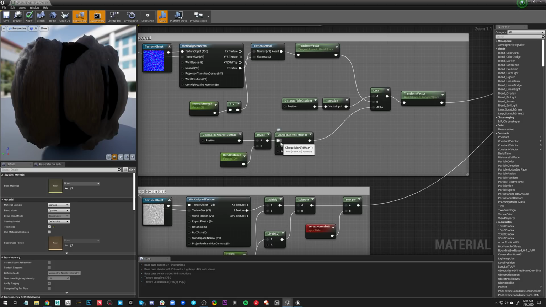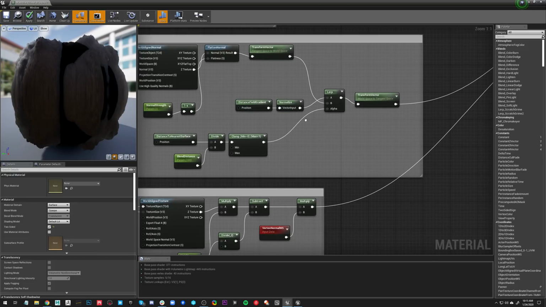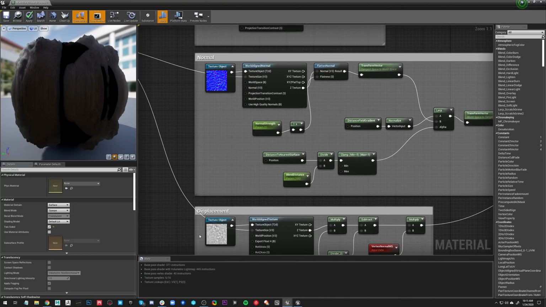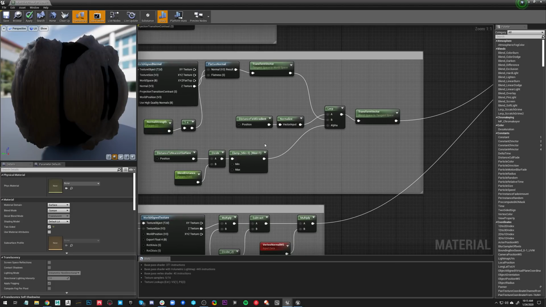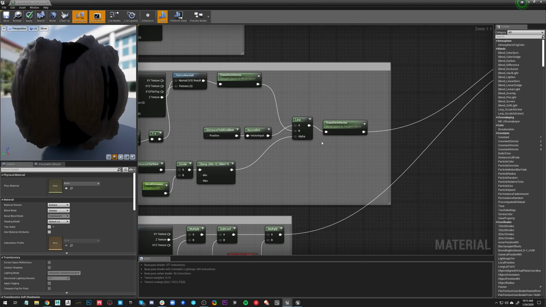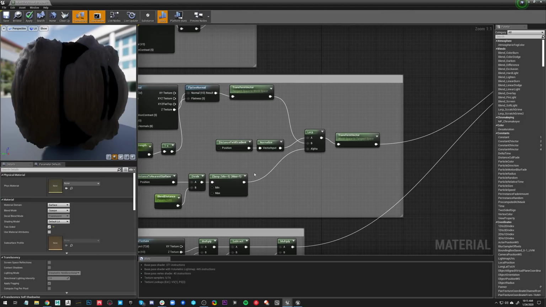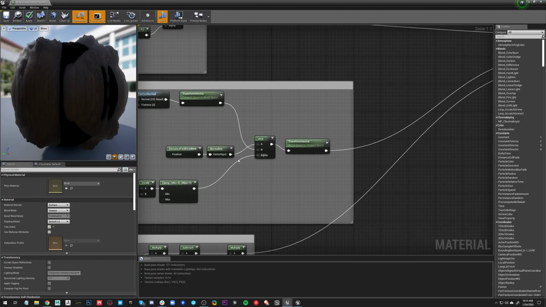And then I'm just clamping this to a 0 to 1 value, and that is what's driving our alpha. So it's not terribly complex, but it is very expensive. As you can see here, the shader instructions is about 3 or 4 times as much as just plain world aligned texturing. So this is definitely a very expensive method to get this working.